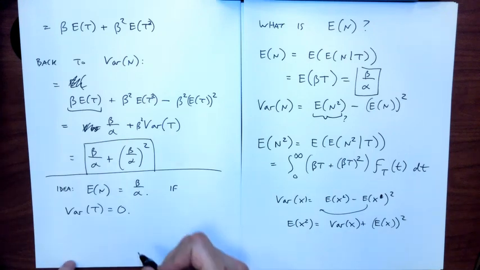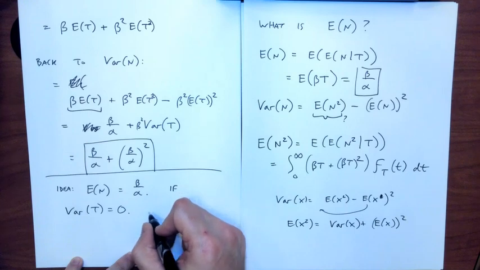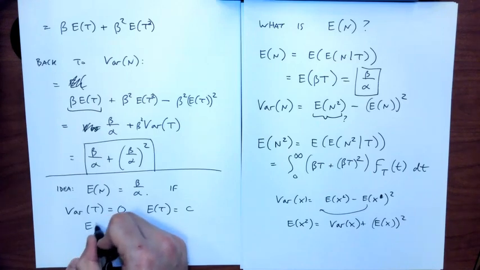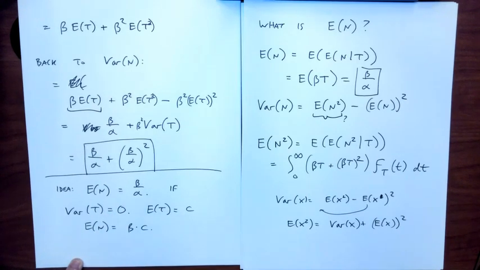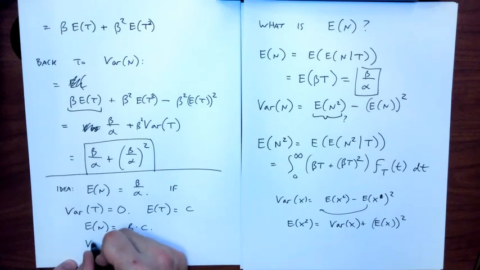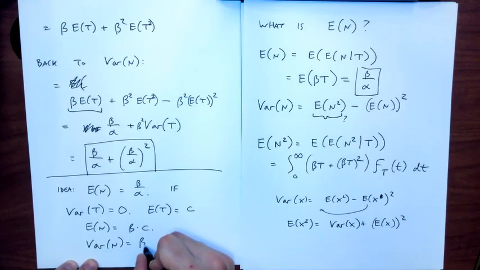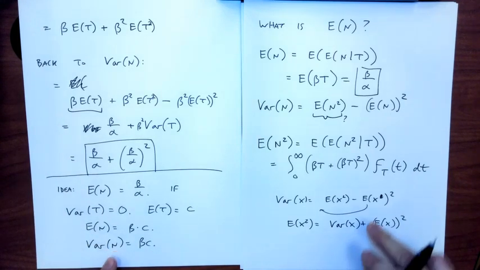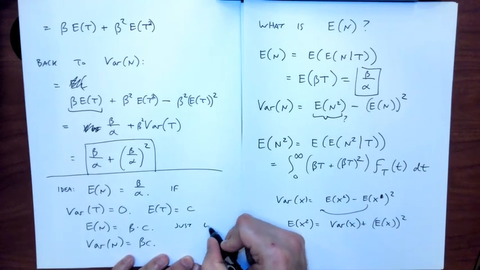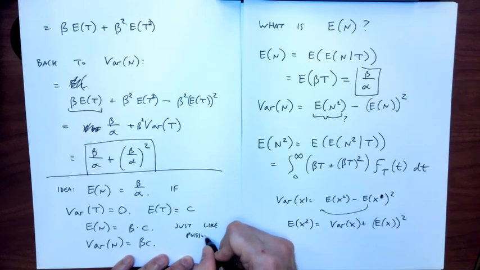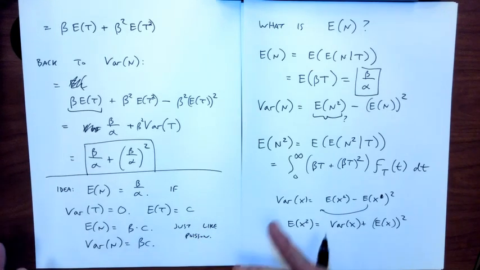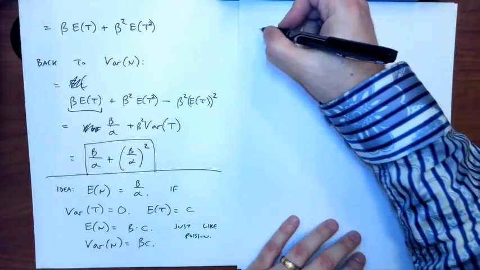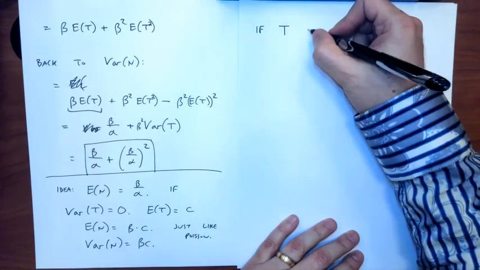So in that case, the expected value of T would be some constant, and the expected value of n would basically be beta times whatever that constant is, right? And the variance of n would be whatever variance came from just the innate variation of the Poisson random variable. So this is basically just a Poisson random variable where there is nothing to worry about in terms of the variation of service time, right? If T is random,